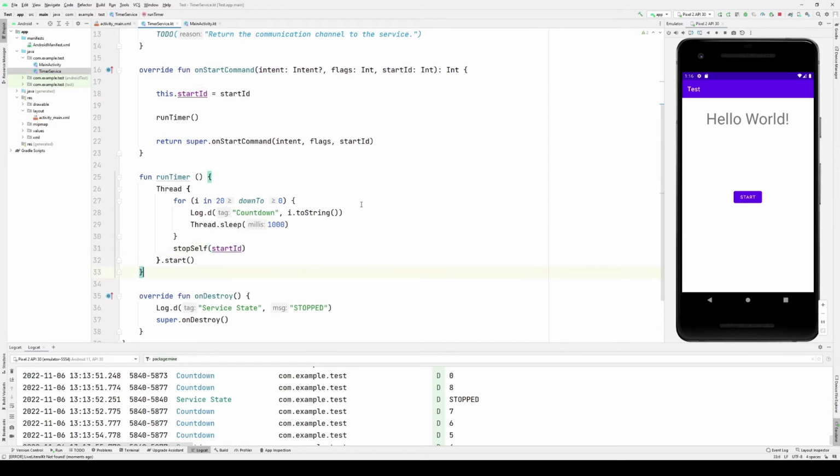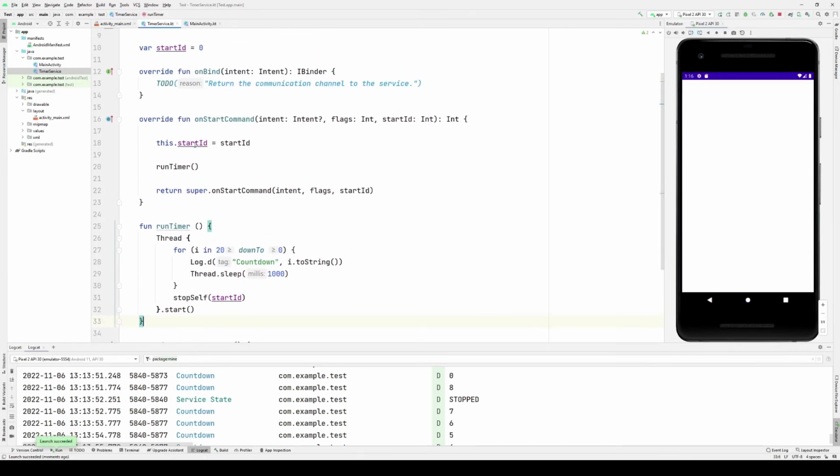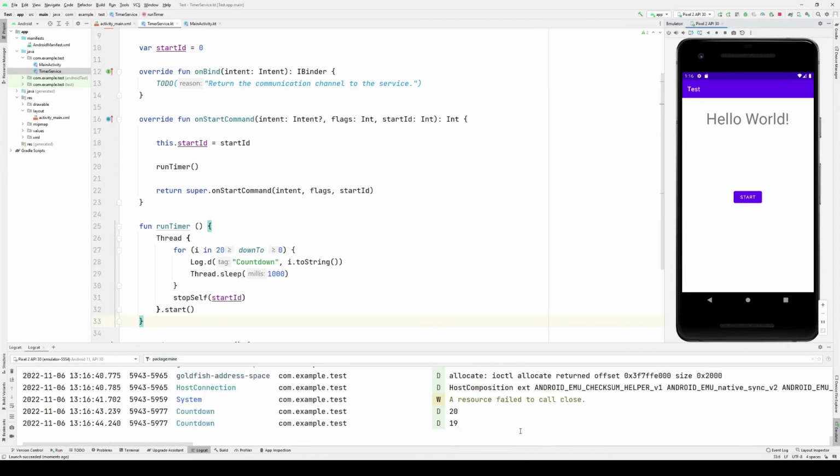It's not this simple, because in this scenario I'm only operating on a single instance of startId, which doesn't change anything for my application's logic.